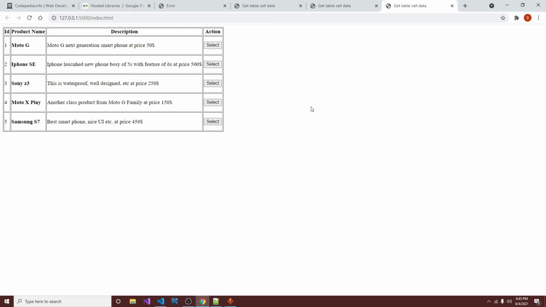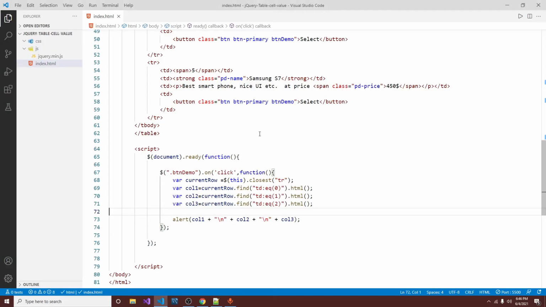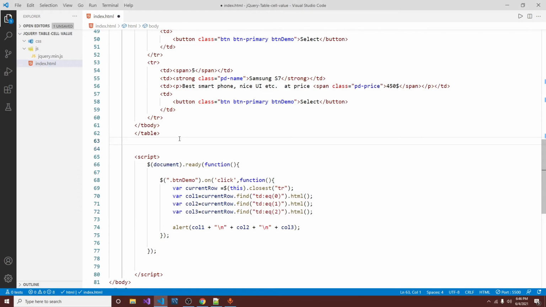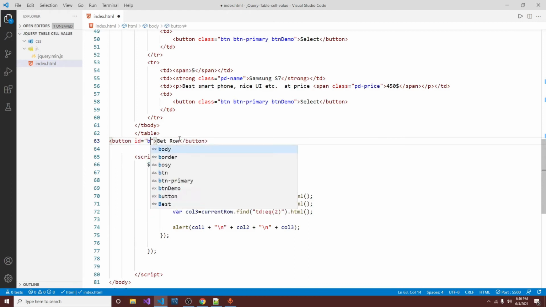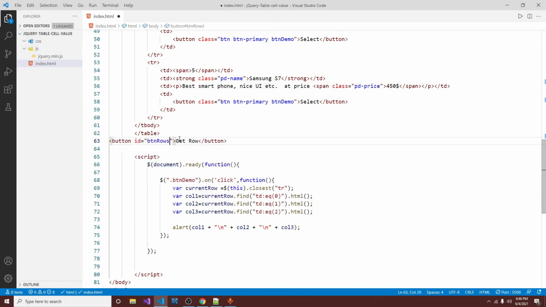Now let's check demo 3, in which we read all the rows and save into an array variable. First we add a button tag and give it ID as btn rows. Now we add a click event on that.